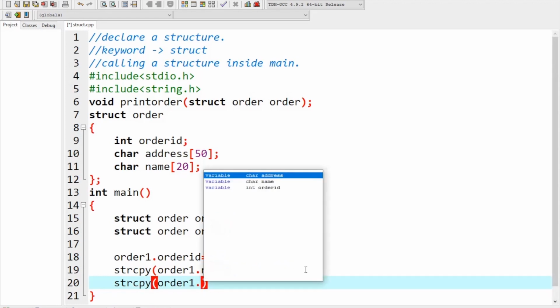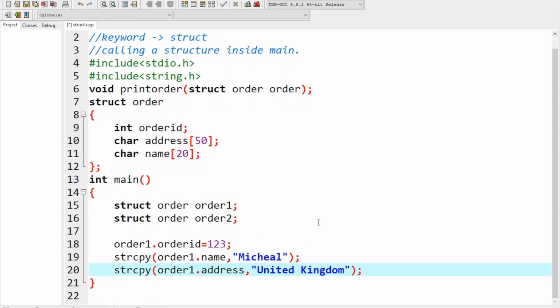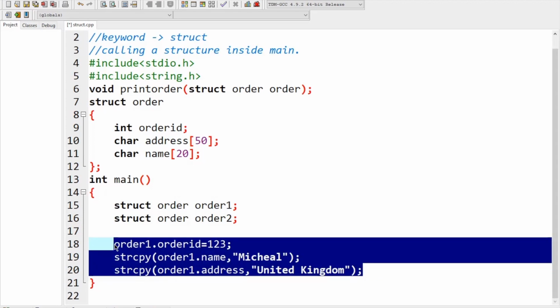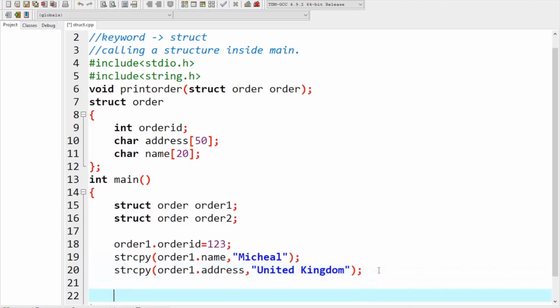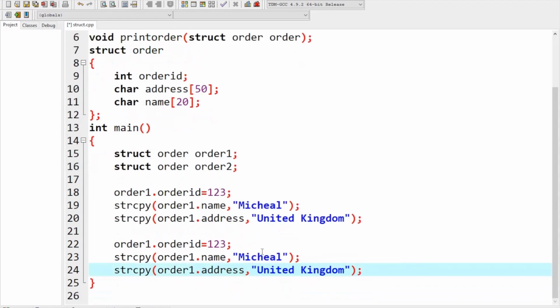order1 dot address. Okay, address comma, the address would be, I would like to give United Kingdom. Okay, without the s. So the next thing which I'm going to write is about order 2. In the same way, we have to declare order 2. So what I'm going to do is copy this. Okay, you can type it if you want, but we are humans, we need to simplify our work, so I'm copying,